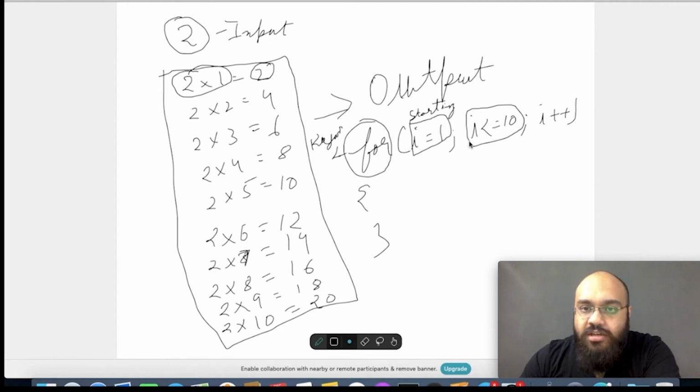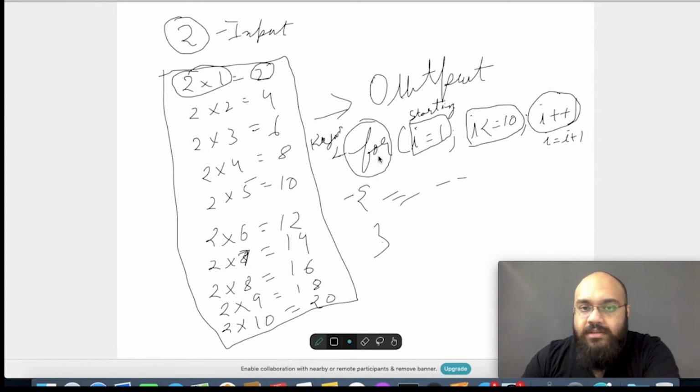If this condition is false, the loop will end. Now after every iteration, after every time the loop is executed, so the loop starts from here, it executes the command, it comes over here. i will be incremented by 1. So this i plus plus means i is equal to i plus 1. So we will start from i is equal to 1.